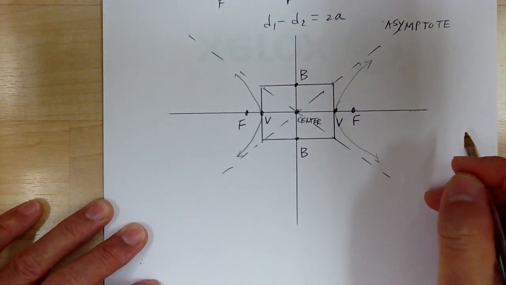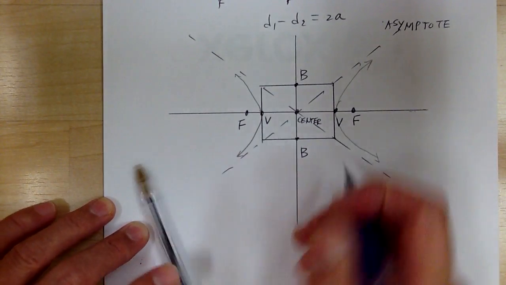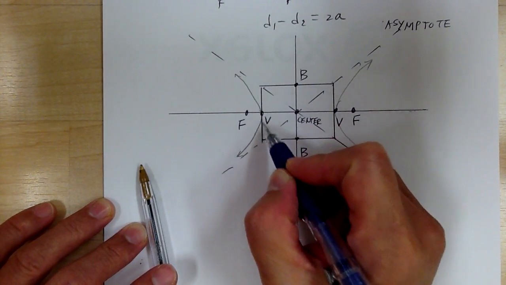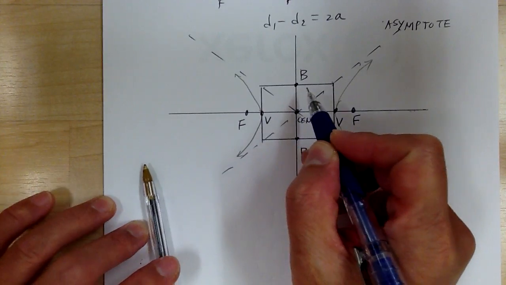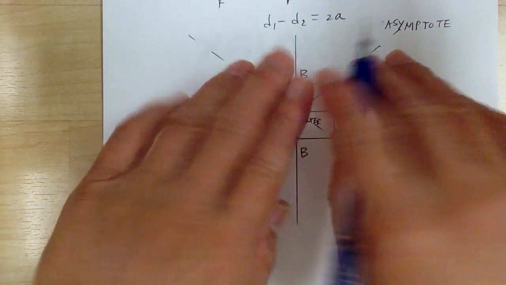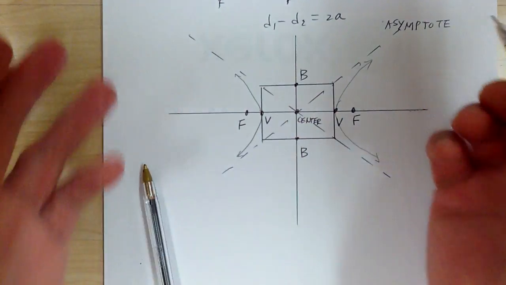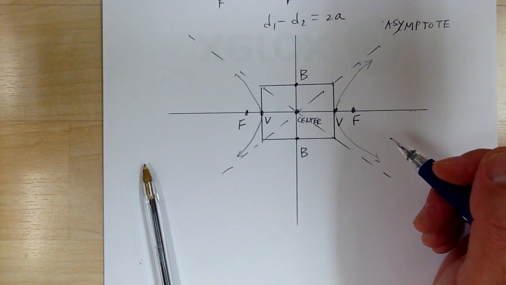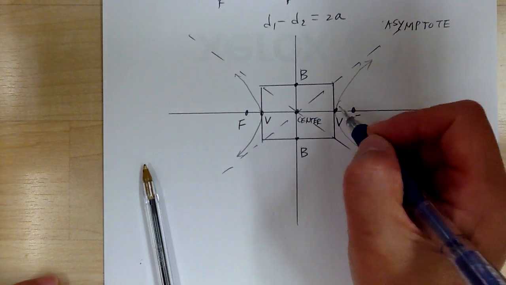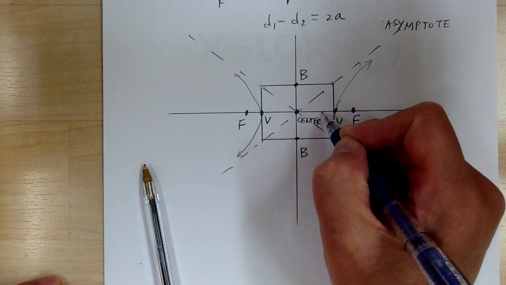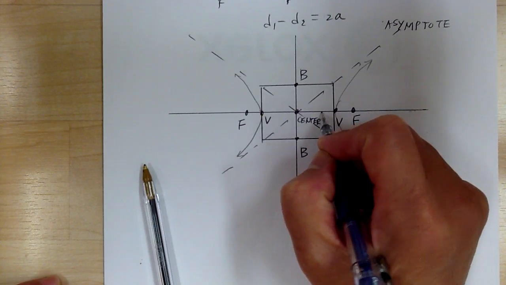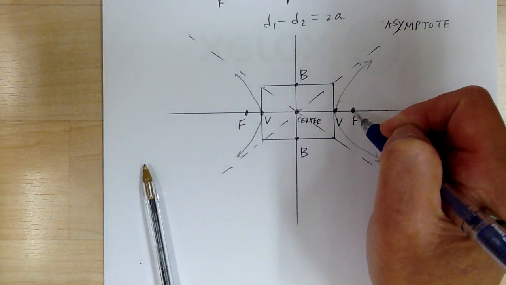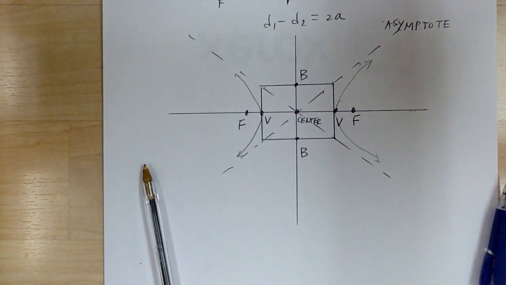Okay. So before, when you have an ellipse, your ellipse would be on the inside, right? But now you have a hyperbola, the graph is turned inside out. So again, think of the ellipse getting turned inside out. Now when you have an ellipse, the F is over here, but now when it gets flipped, it gets turned inside out, the F is out here now. Okay. And the distance you have,